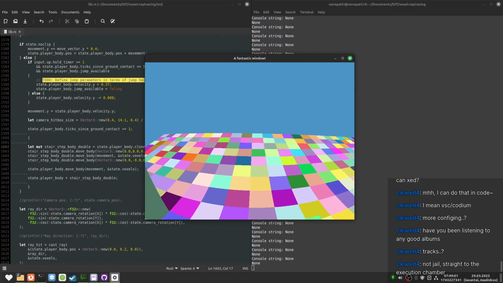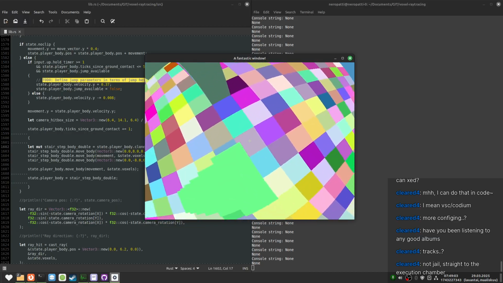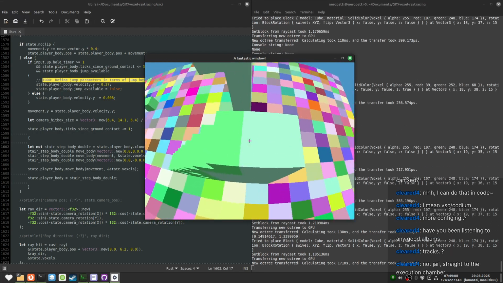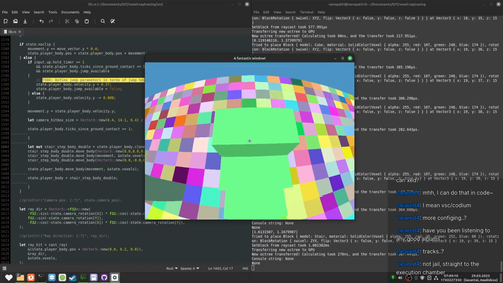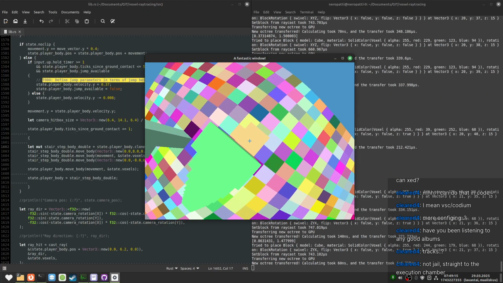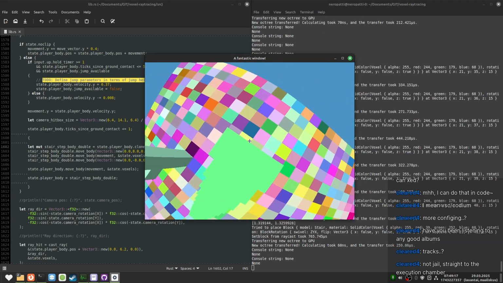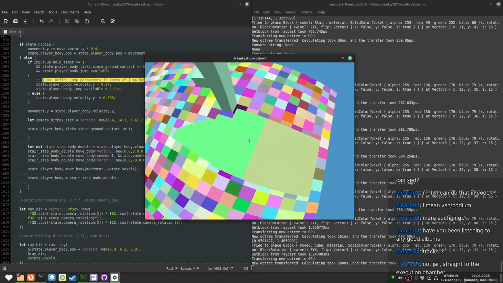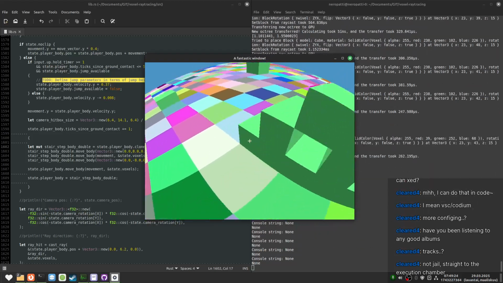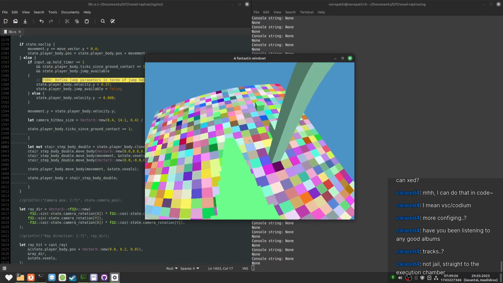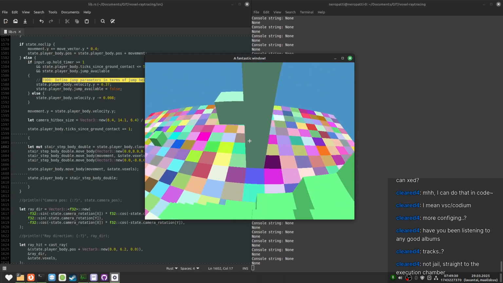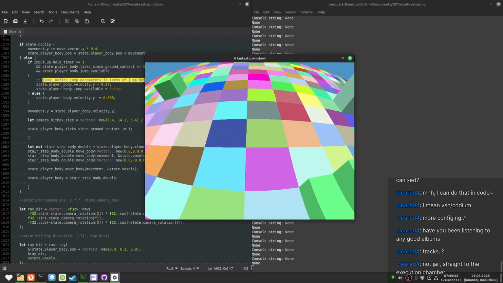Yeah, and we can see the stinky stair stepping, where our view just juts up and down because that's what stair stepping does if you don't smooth the camera. I'm going to have to fix that at some point. Yeah, this is this movement.